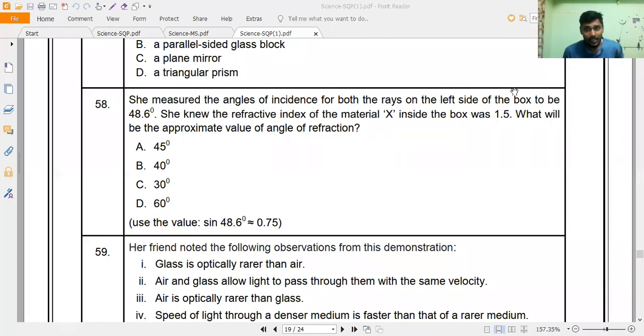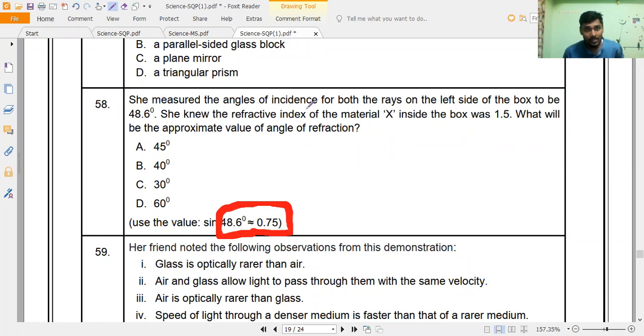See here, they have given a non-perfect value, 48.6. Have you seen that the answer value is given down in the hint? That is what I said. If it is a non-perfect value, definitely they will give you the value in the hint. Understand, guys? That is how to remember.